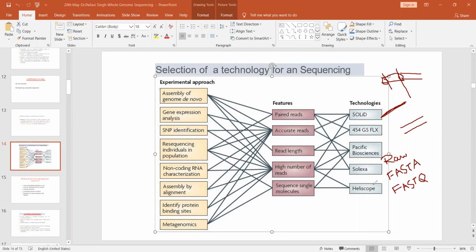So you need to know that as an input in the platforms of whole genome sequencing, we can use either the single read or paired read. The reads can be in the form of FASTA sequence or FASTQ. Or there is one more term which is often used in WGS, that is assembled genome.